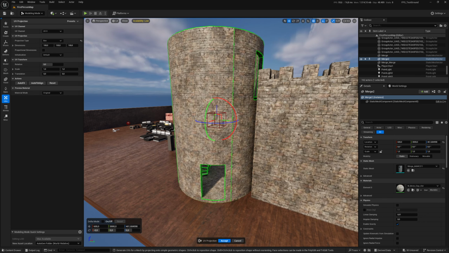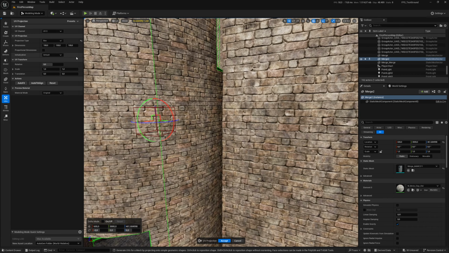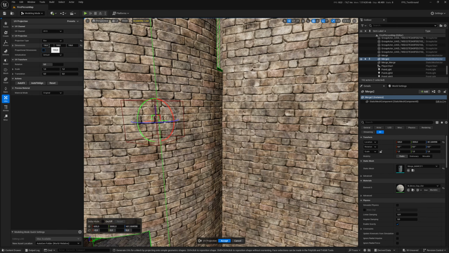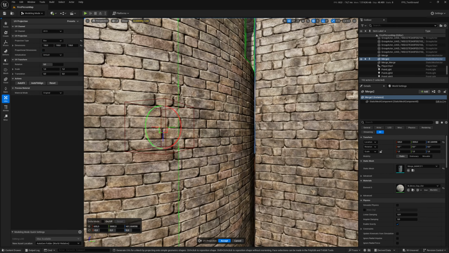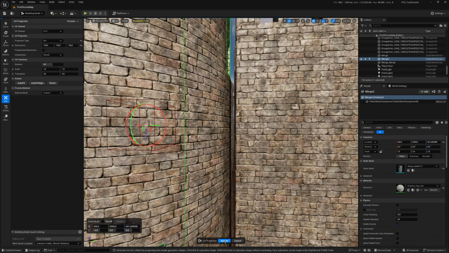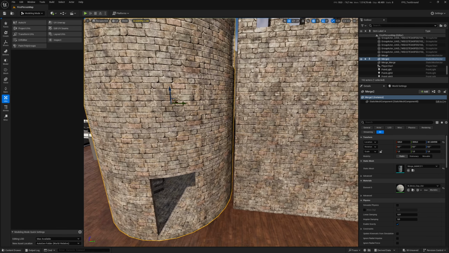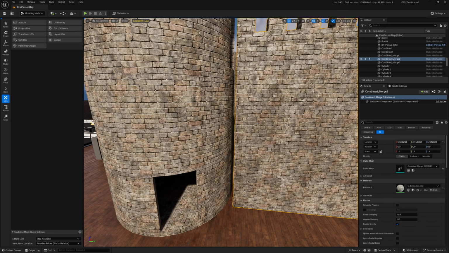I choose, I think, 150. Yes, 150, 150 and 150. This was what I chose before. If I want, I can choose it. I leave it like it is now, because now if I want, I can move this